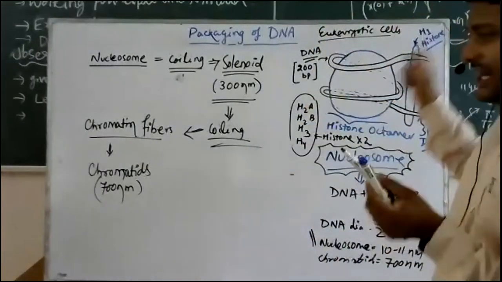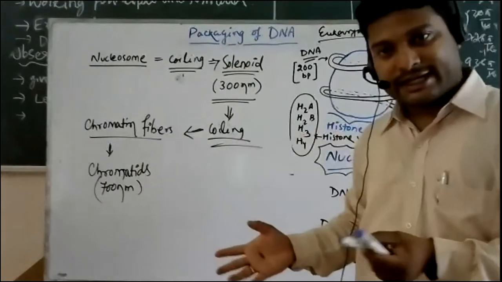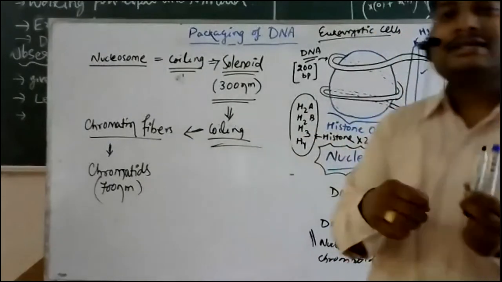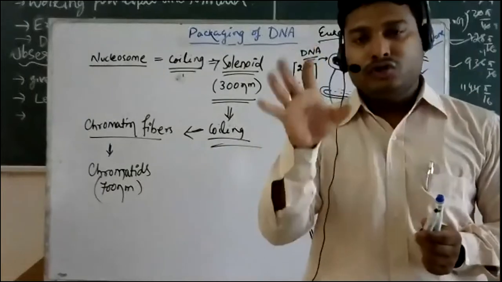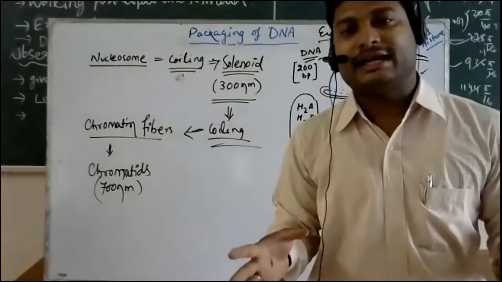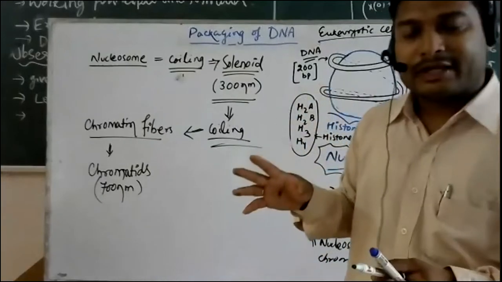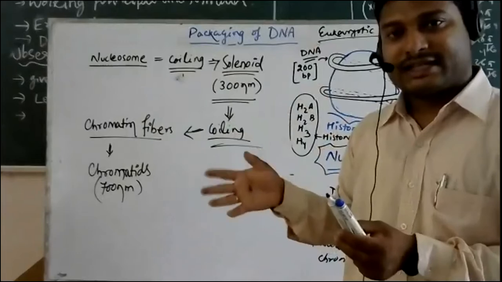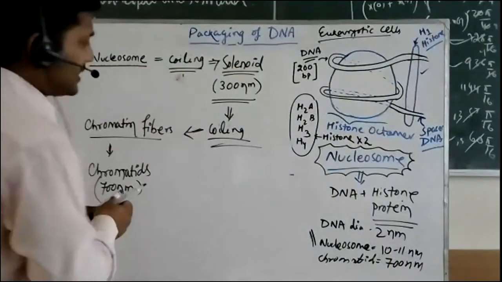So a very simple structure: the protein gets associated with the DNA, and it is going to help in the supercoiling and super compaction of this 2.2 meters of DNA into the nucleus, which has a diameter of 10 to the power minus 6 meters. Clear? So here we have to understand another thing.